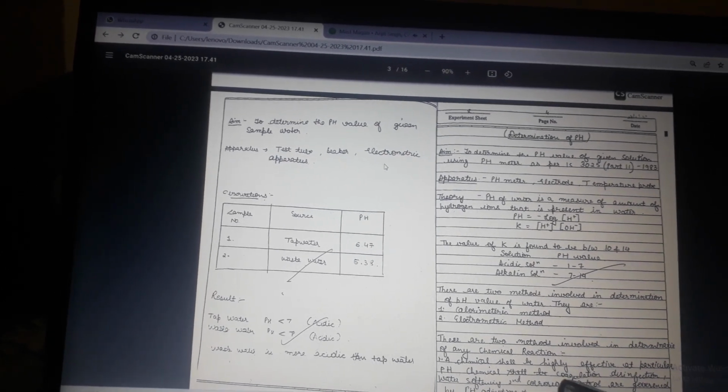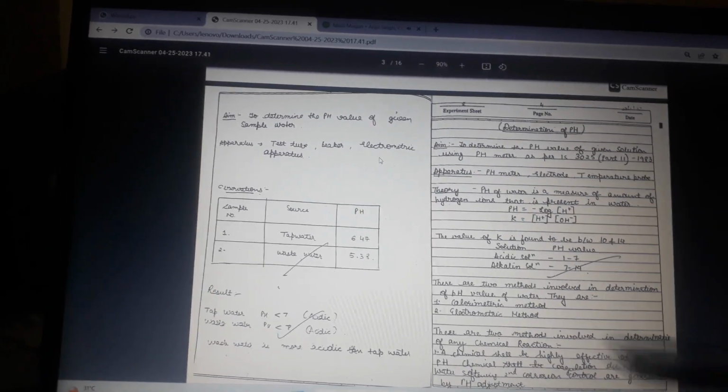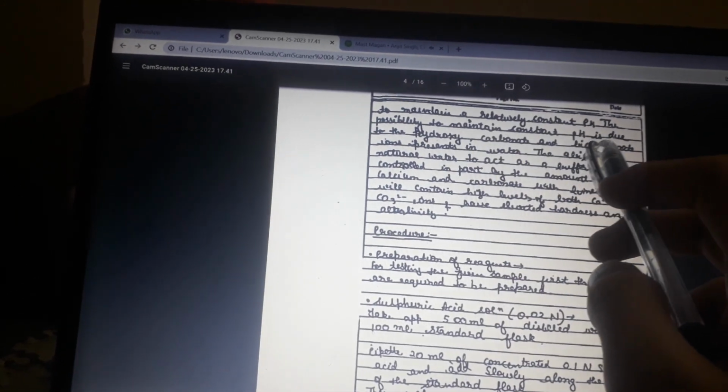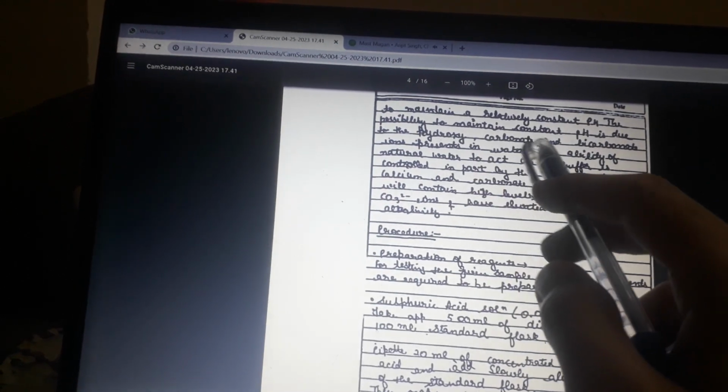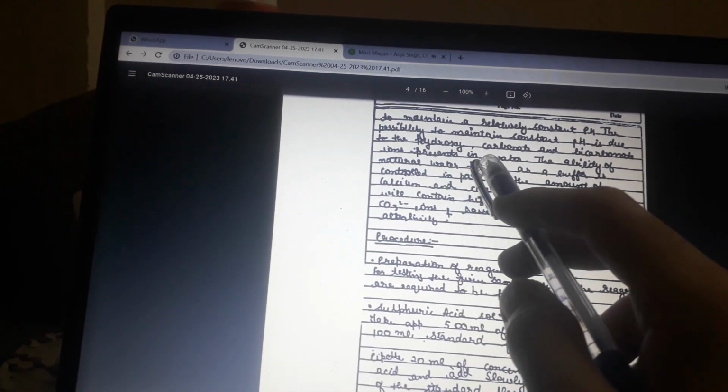These are the two methods involved in determination of pH. Any chemical reaction shall be highly effective at a particular pH. Chemical coagulation, disinfection, water softening, and corrosion control are governed by pH adjustment. The ability of water to maintain a relatively constant pH is due to the hydroxide, carbonate and bicarbonate ions present in water. The ability of natural water to act as a buffer is controlled in part by the amount